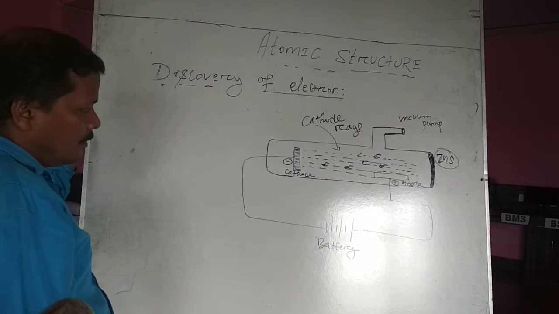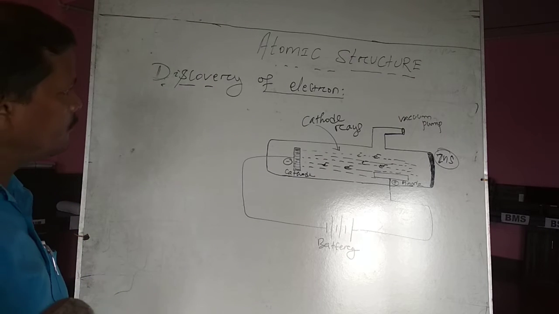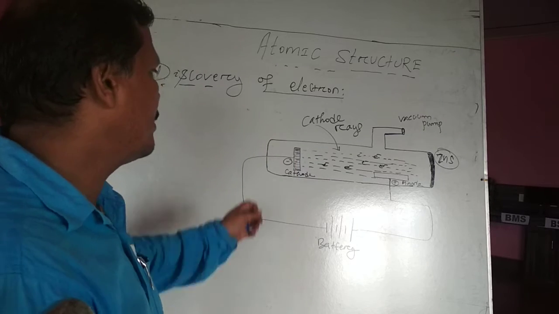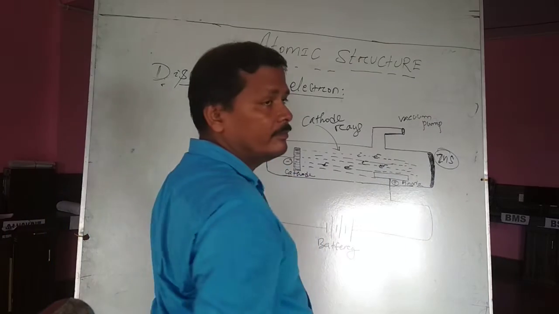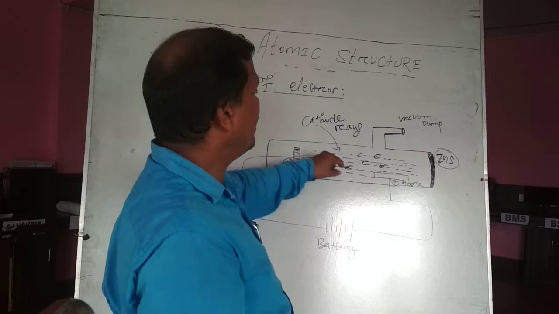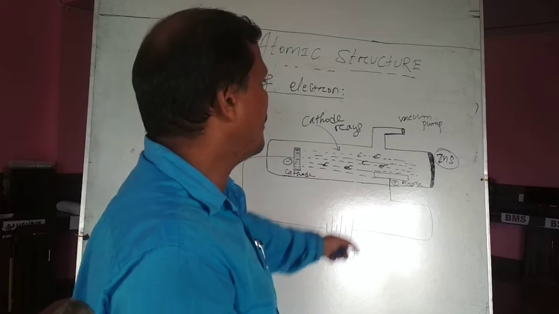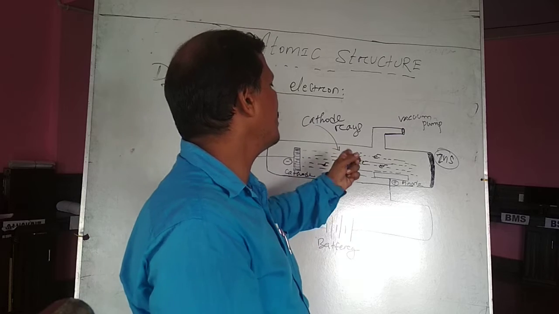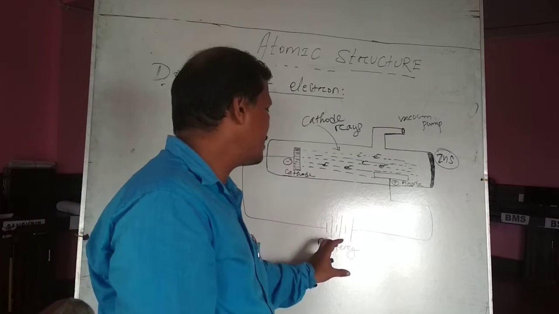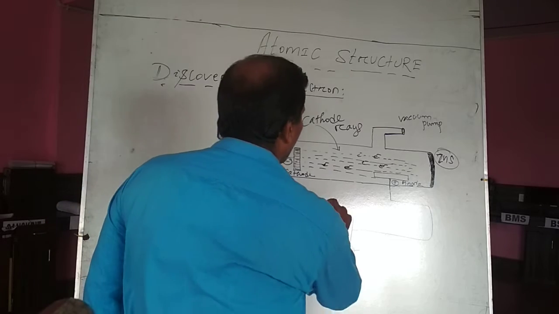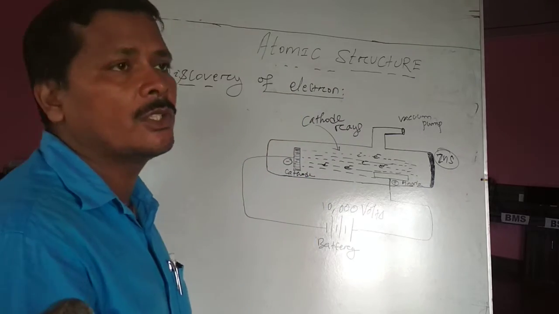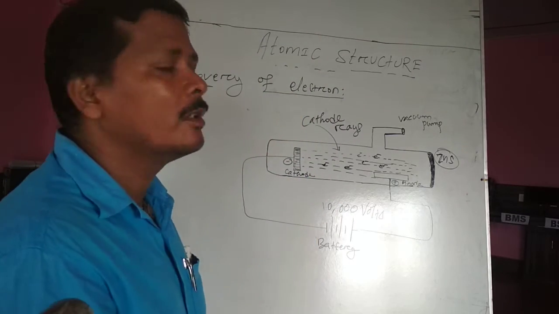Now, once again, I will tell you the experiment. Just I am repeating. We are taking a discharge tube. In that, we are taking a gas. The gas is maintained at a very, very low pressure. So for that, a vacuum pump is here to create low pressure inside the tube. After that, when high voltage is applied here, nearly 10,000 volts is being applied. Then the gas